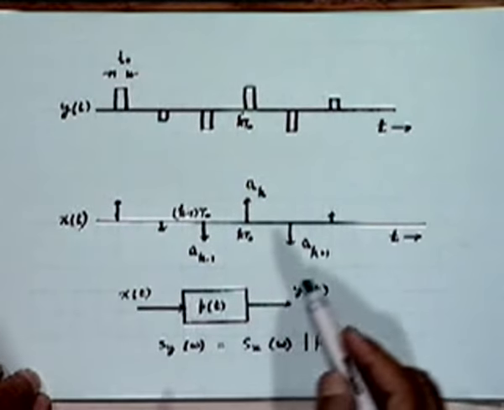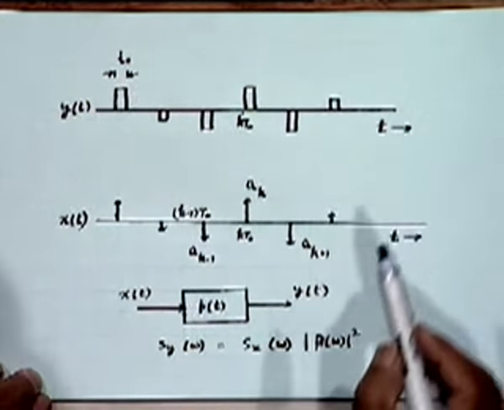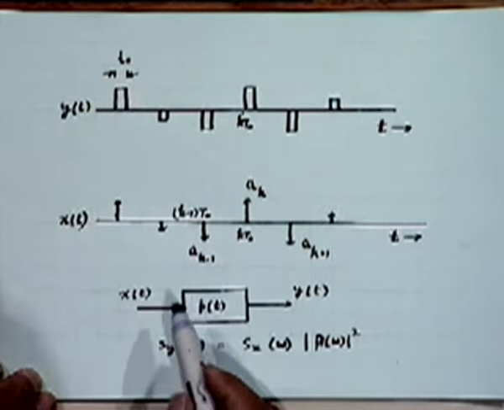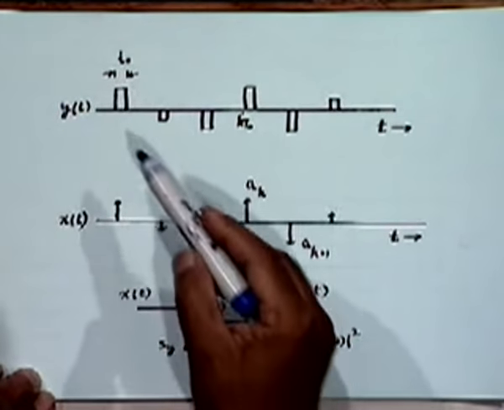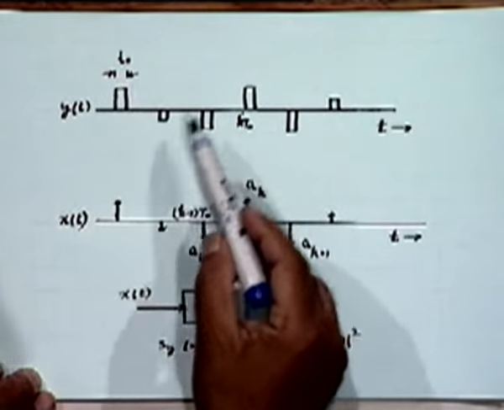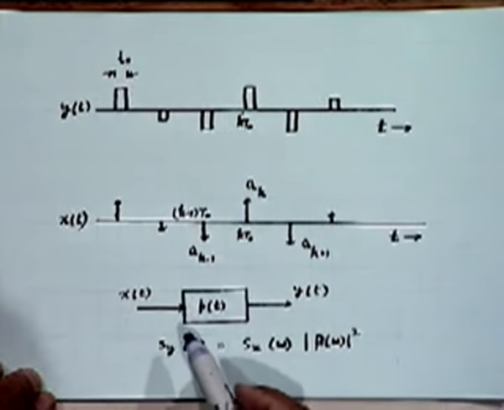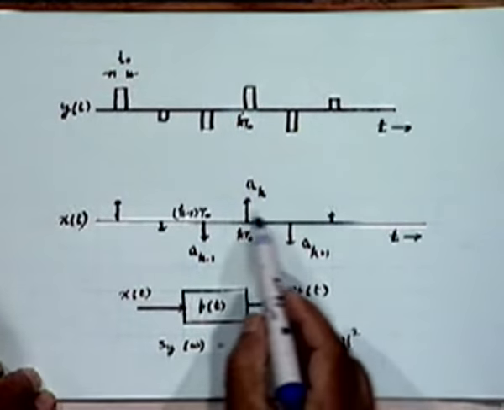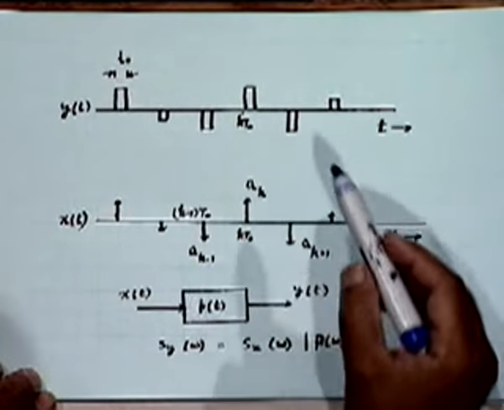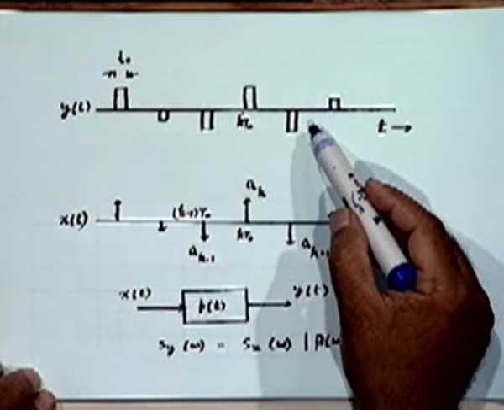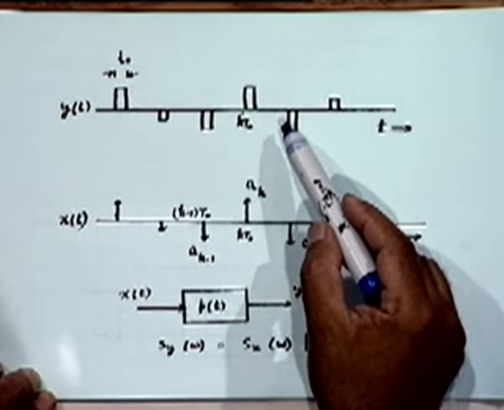As we discussed that day, instead of computing the power spectrum directly of this pulse train, it will be more convenient to first look at the power spectrum of a corresponding impulse train whose strengths depend on the amplitudes of this pulse train, and the impulse strengths in this impulse train are related to each other, because once we have the power spectrum of this kind of an impulse train, we can use that to compute the power spectrum of not only this kind of pulse train but any arbitrary kind of pulse train, in the sense that the pulse shape could be different from the rectangular one we are using here.